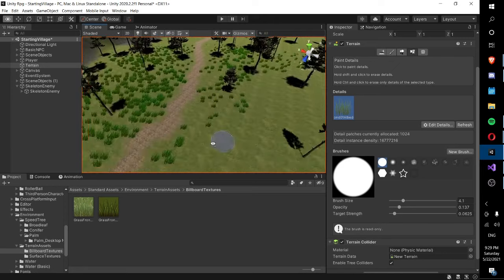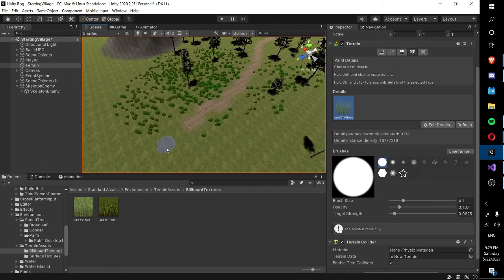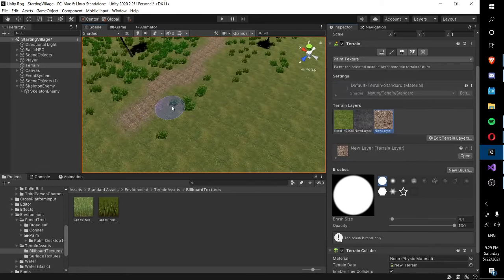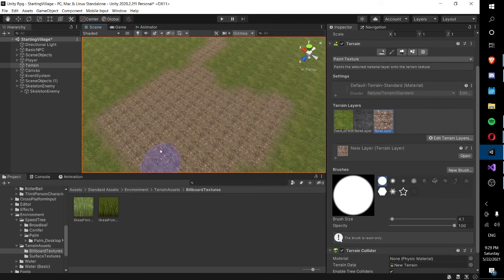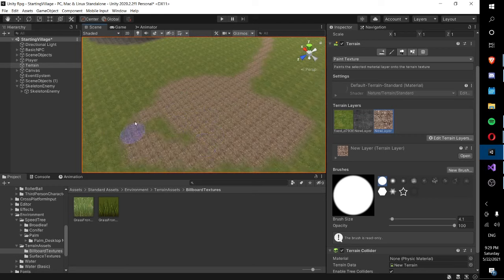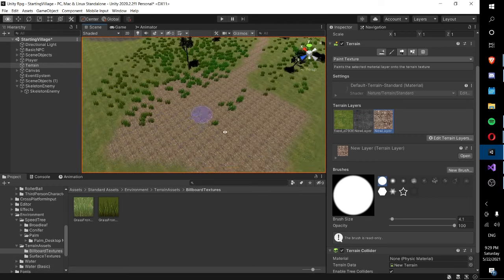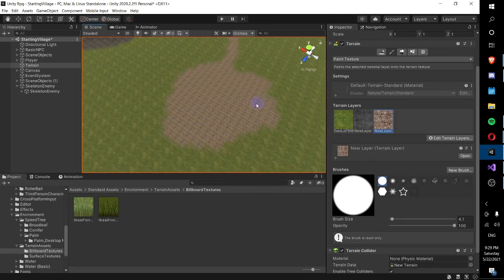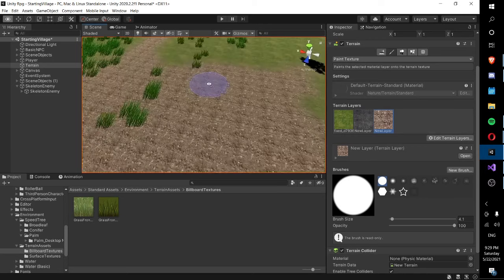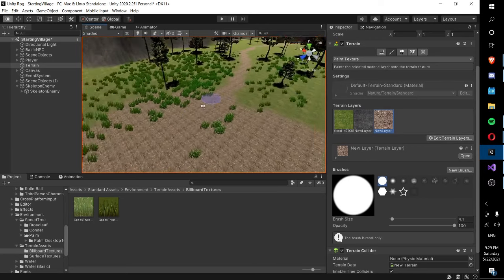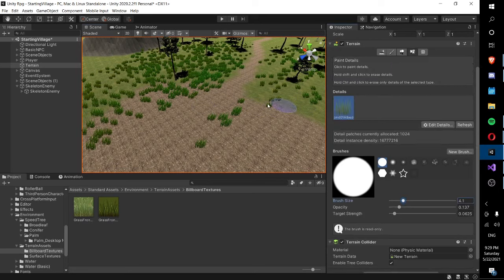Okay. And then basically, we're just going to paint just a little circle of dirt. You don't have to have this clearing if you don't want to. I'm just gonna make this be where my enemies are gonna spawn. But yeah, I just paint a little dirt path or dirt clearing, and I'm just gonna remove the